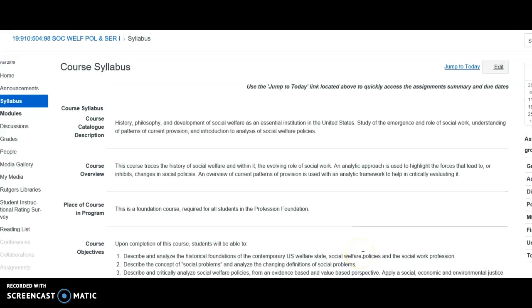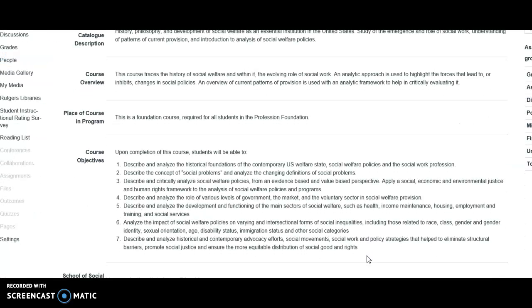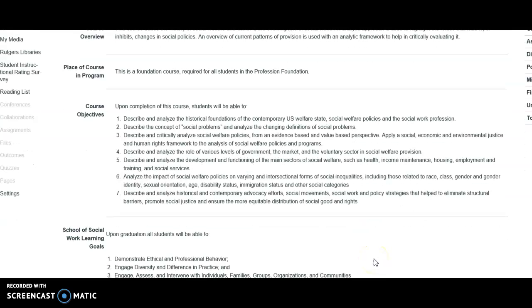Good morning, everyone. This is a syllabus review for the Social Welfare and Policy 1 class. If that is not the class you believe you should be in, then you should definitely reach out to someone at school. But the objectives of this course this semester are to describe and analyze the historical foundations of the